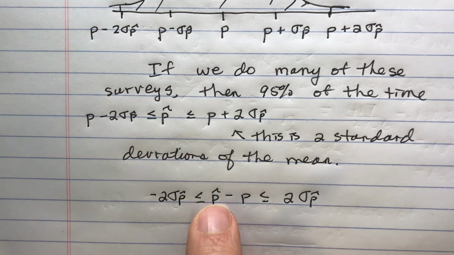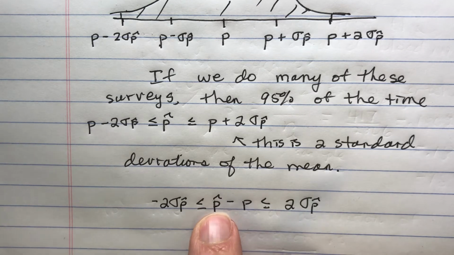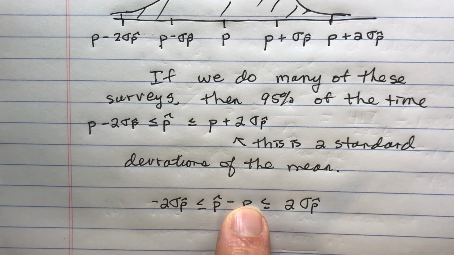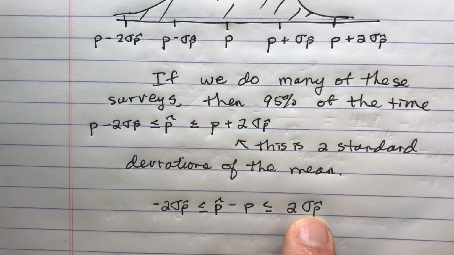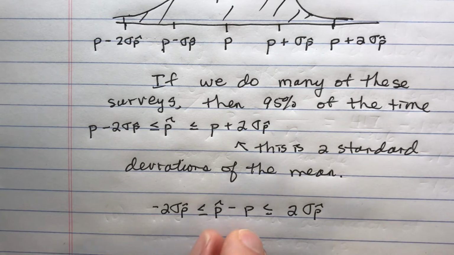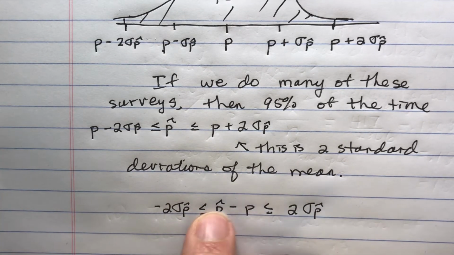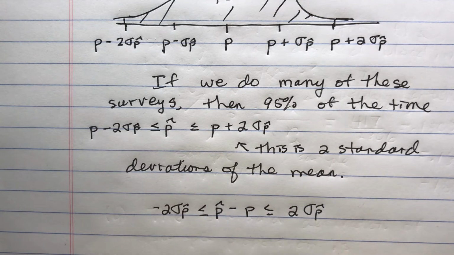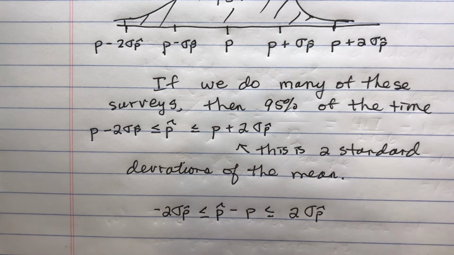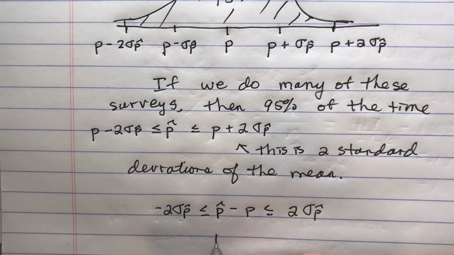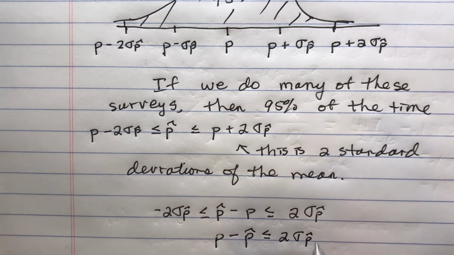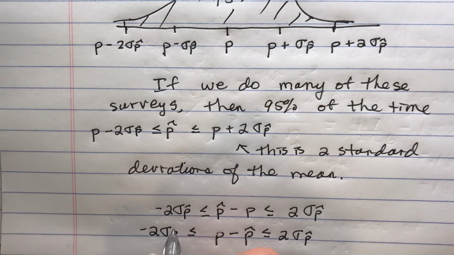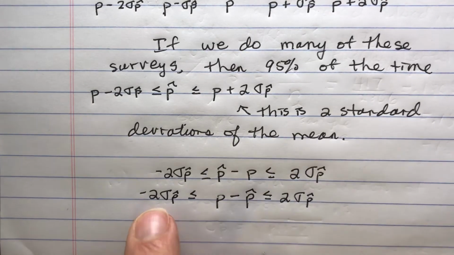What this is saying is that if I take the difference between p hat and p, that difference is going to be greater than negative 2 standard deviations and less than 2 standard deviations 95% of the time. This is the difference between the sample and the true proportion. I'm going to do a little trick where I multiply through by -1, and I'm going to change the direction of the inequality, but it turns out we get the same thing, and it's easier to understand if I just talk it through: the difference between p and p hat is between